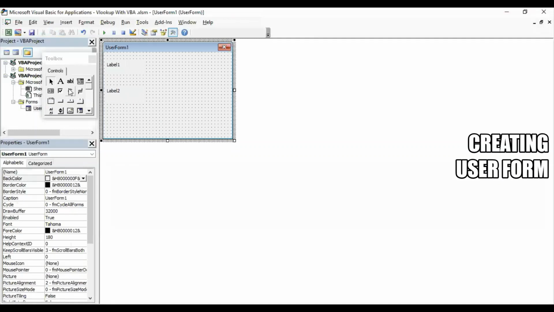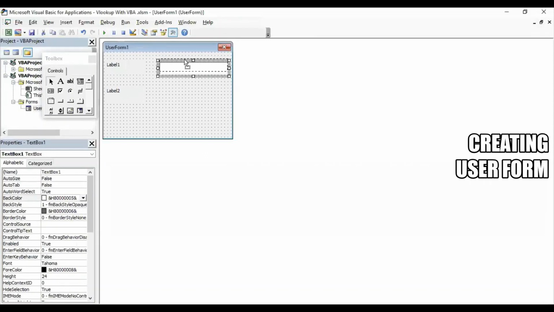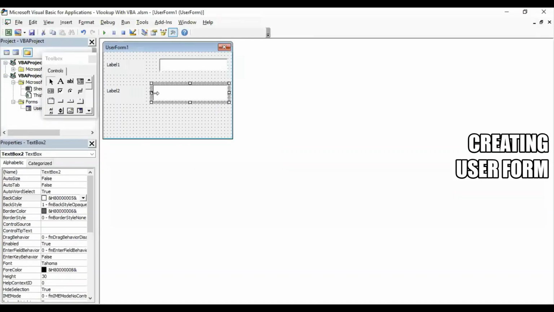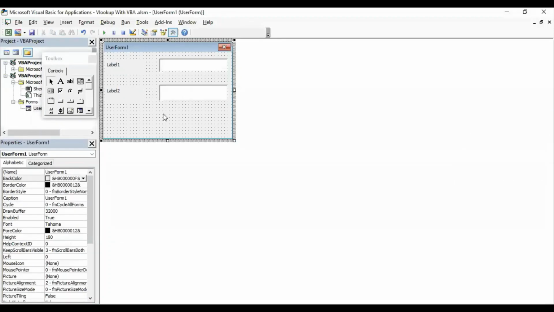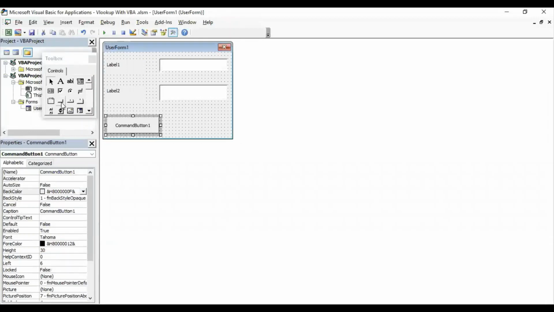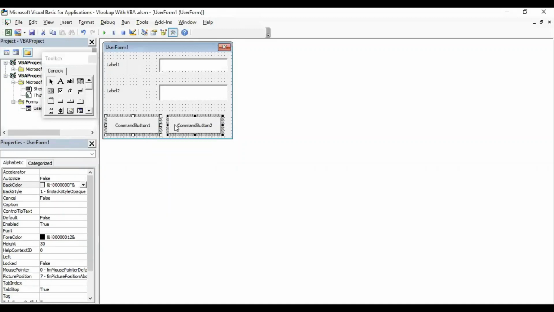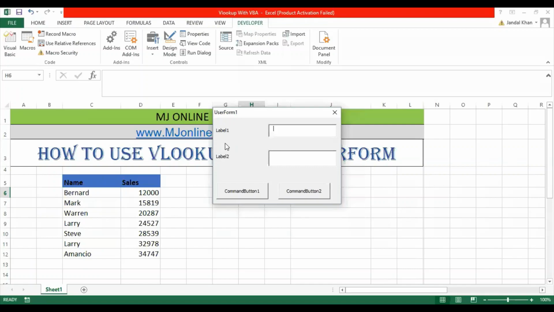Once we create the form, then we will add the code in it. So it's a text box, it's TextBox1 and it's TextBox2. The text boxes are updated here. We need to align it right now, and then we will add the buttons as well, a button for VLOOKUP and a button for clear. Let's align to the bottom, alignment bottom, and then we need to check it's working right.